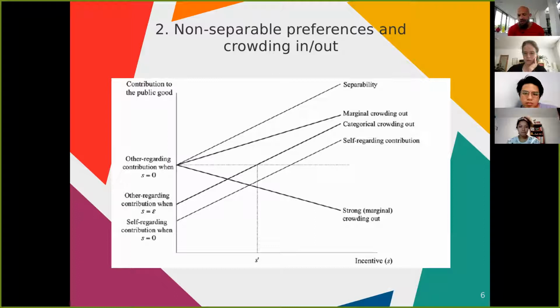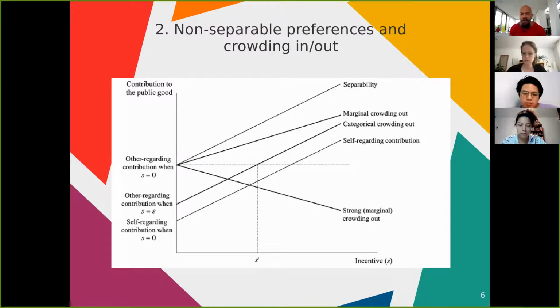So here, this is supposed to represent this in another way, so you can understand. There's an X and Y graph here. On the X axis, you see the size of the incentive. That could be, again, a fine or a tax of some sort to use some type of good. Or say it could be a sanction. If you're late for work for 5 minutes, you get €5 of sanctions. Maybe it could increase. If you're 10 minutes late, you get €20. So it keeps going up. And again, this notion of the contribution of the public good could be people appearing on time.